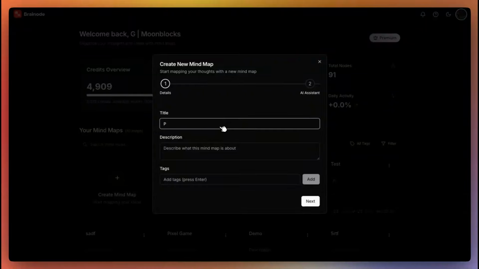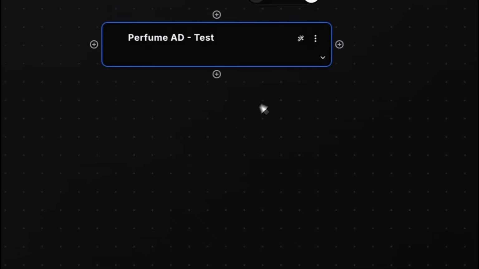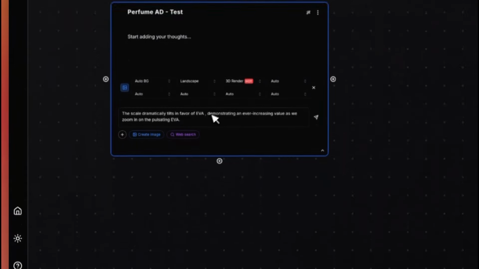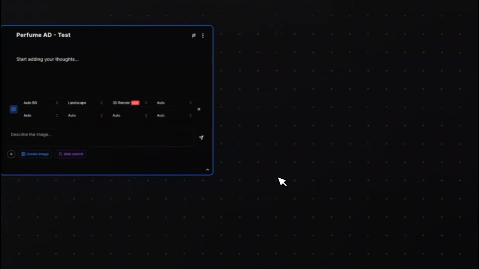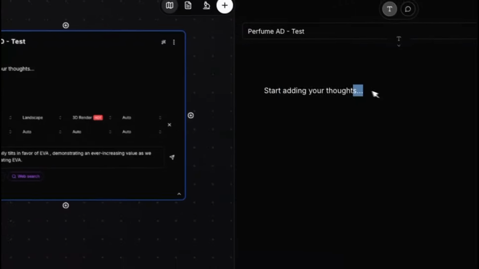So we're going to go ahead and create a mind map project. I'm going to create it manually, so we'll start from scratch. And once we land on the mind map, we're going to have the nodes. Now, those nodes you can think of as essentially blocks that you can create in the mind map. So you create the blocks, and inside each block you can generate or edit specific images. So if I want to start to edit here and add a reference, okay,